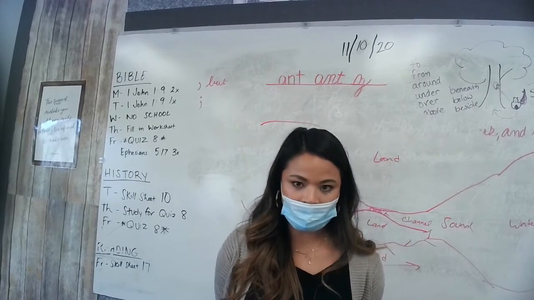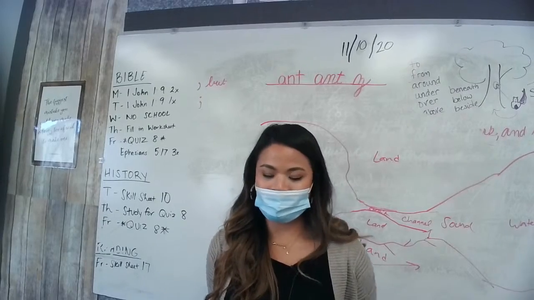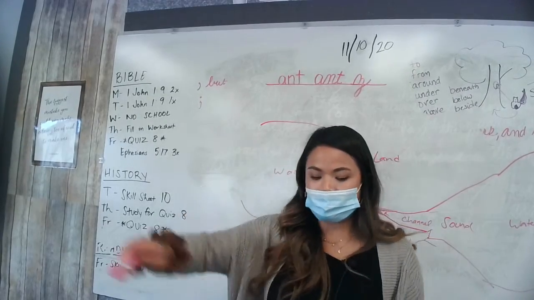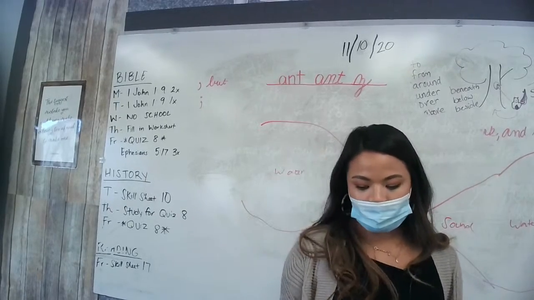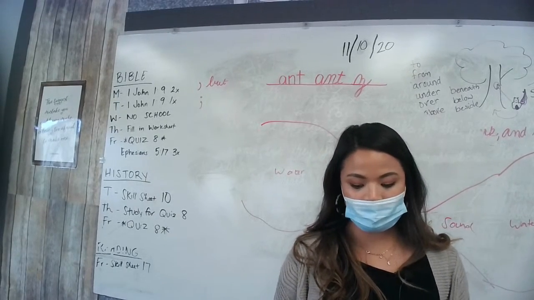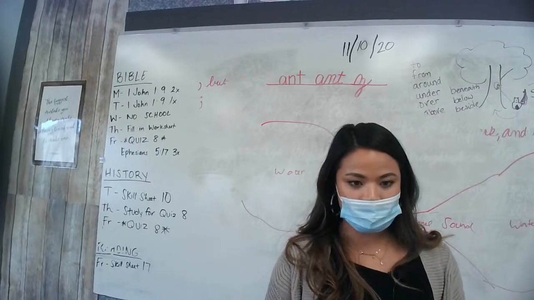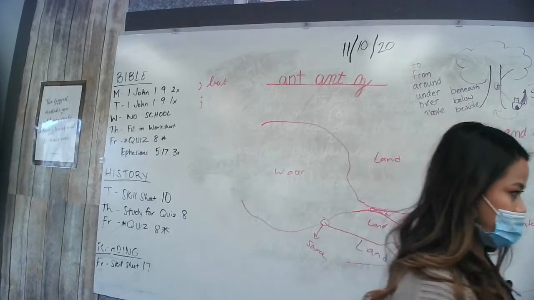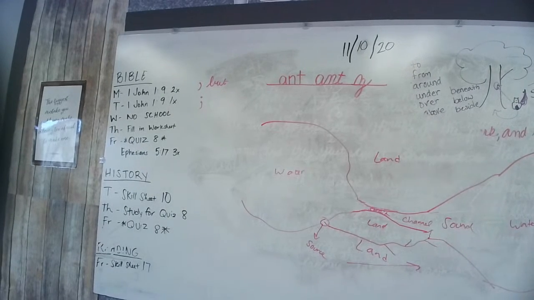Okay. Everybody take out your history skill sheet number 10. That is for homework tonight. Go ahead and grab it. You are filling out, no, you keep your history books out. You need your history book. Okay. History, your skill sheet number 10, you're copying this map